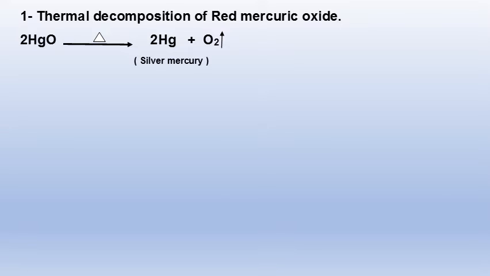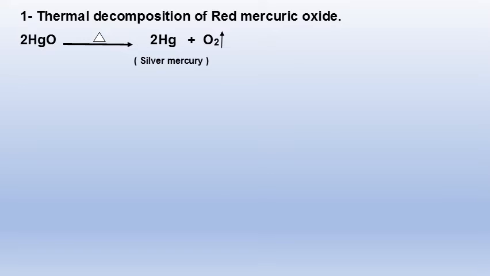By the effect of heat, it decomposes into its elements, which are mercury, Hg, that has a silver color, and oxygen, which is a gas. So I put an arrow beside oxygen to indicate that this is a gas,